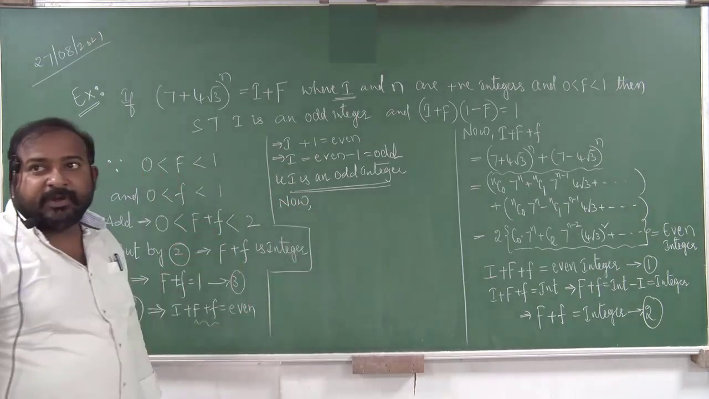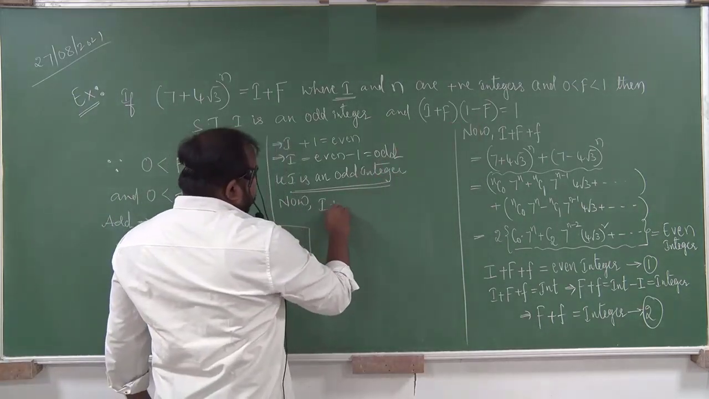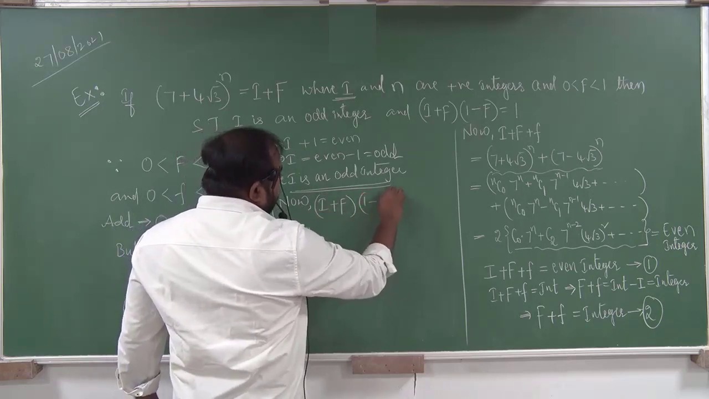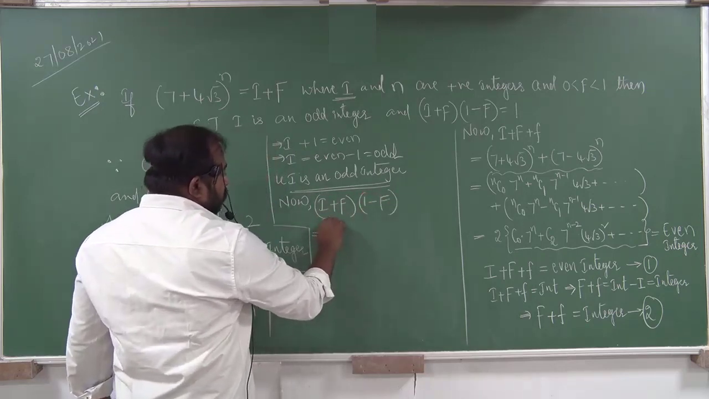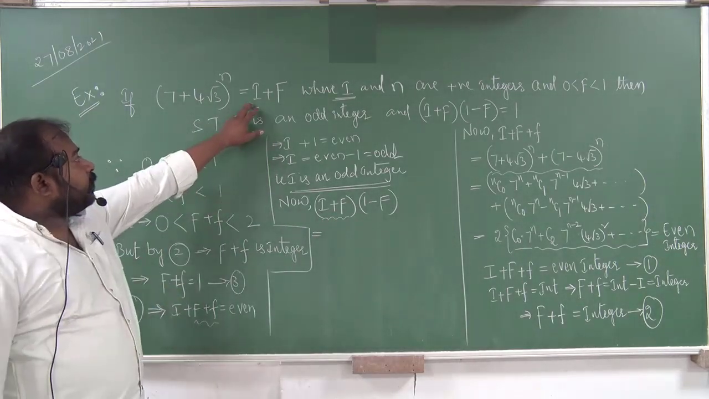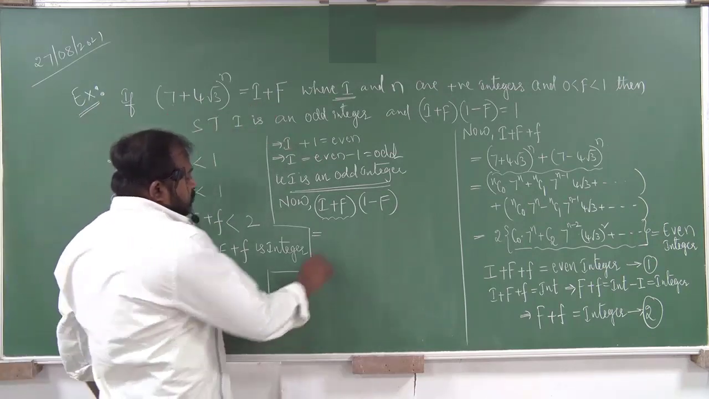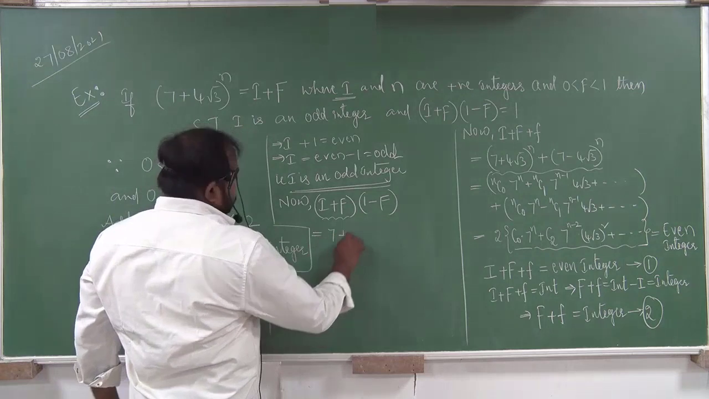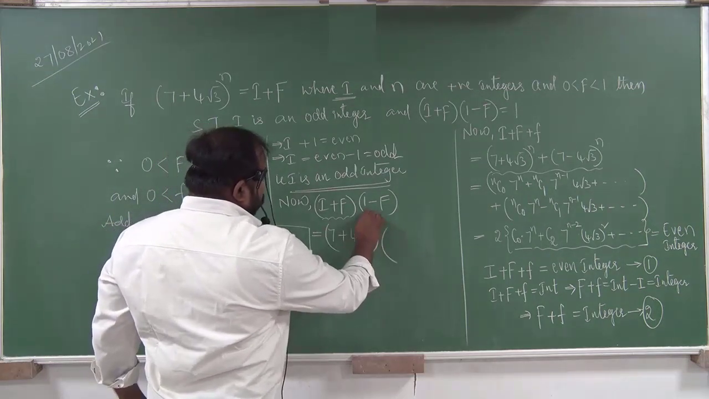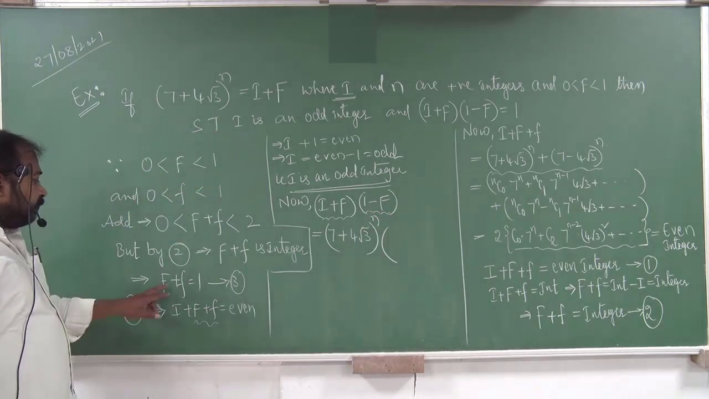What will the next part be? In the next part, ma'am, this is the value: (I + F) into (1 − F). This value we have to find. But what is the value of I + F? According to the data, I + F is equal to (7 + 4√3) whole power n, into, how will this value be, (1 − F). Here, from the third equation,